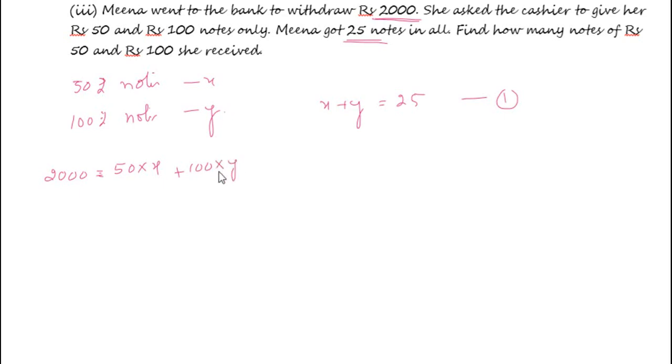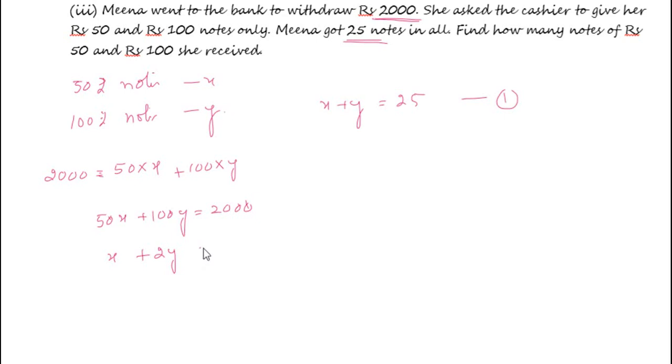So you can say 50x plus 100y equal to 2000. Now if you take all these zeros and divide by 5,